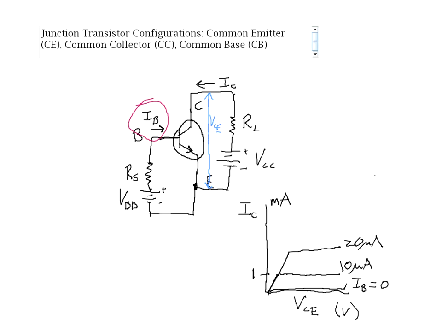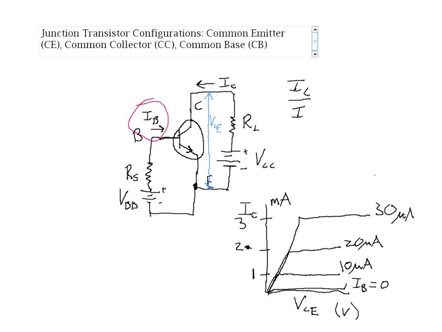So at 20 microamps of base current, we may have something like 2 milliamps of collector current, and so on. Okay, that's 30 microamps. We have 3 milliamps of collector current. And you can see here we've got a current gain of about 100 if you think of this as an amplifier, since